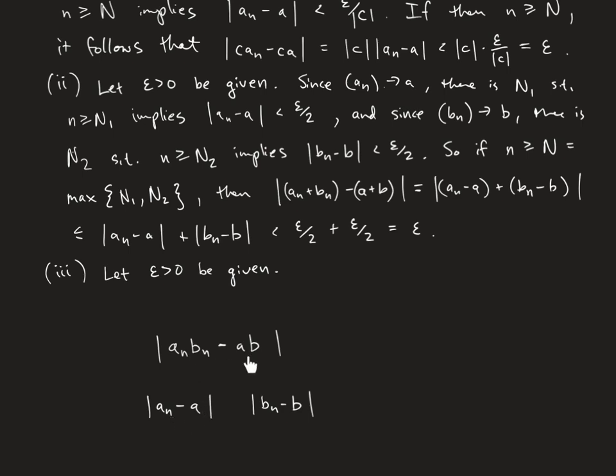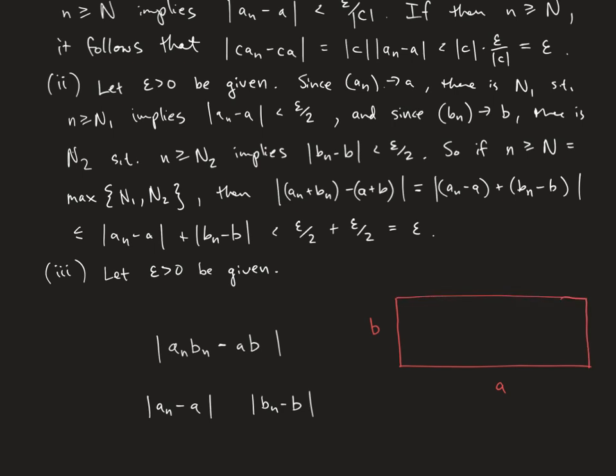And it might not be so straightforward to see how to get these two things involved here. Like there's no obvious algebra that you can do. There is something you can do, and it might seem a little bit not intuitive. So let me try to give you an idea of how to think about this. So think about the An's converging to A. A is going to be this length here, and let's say B is this length here. So AB we're thinking about as representing the area of this rectangle.